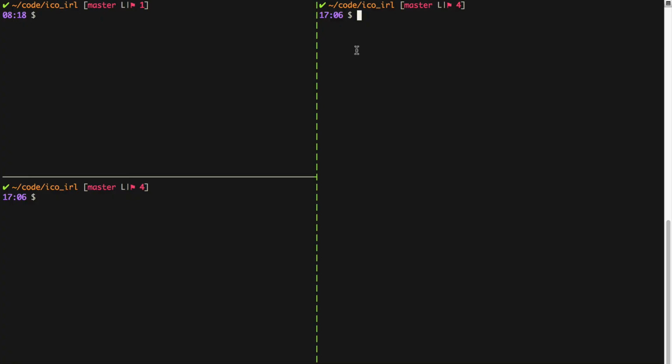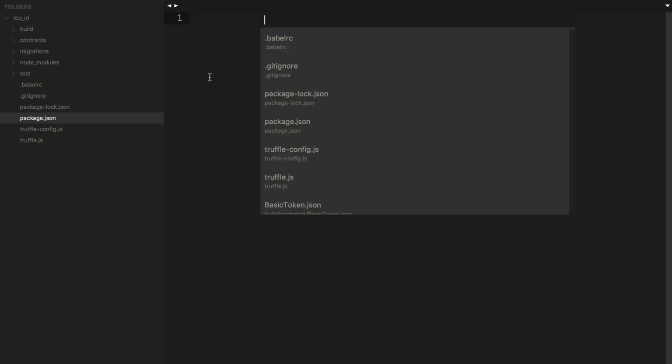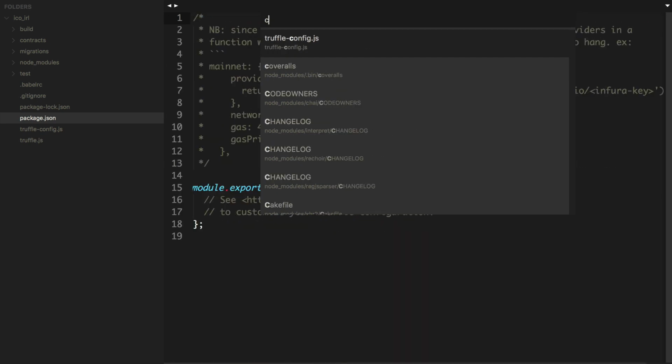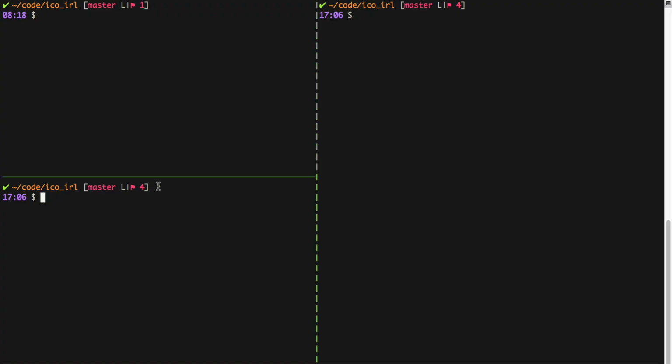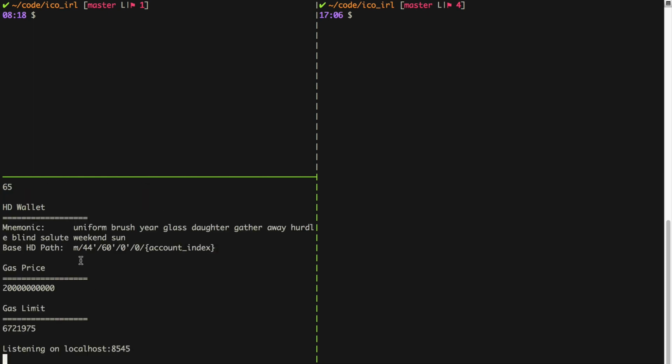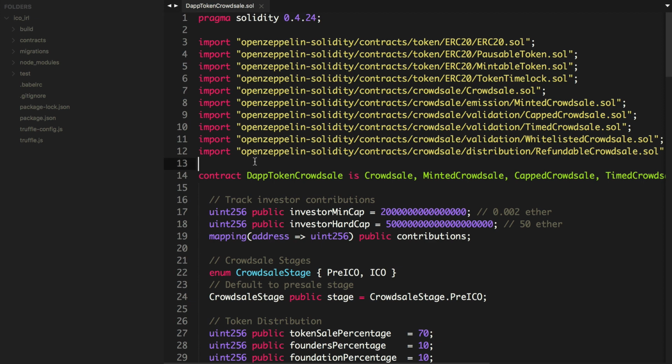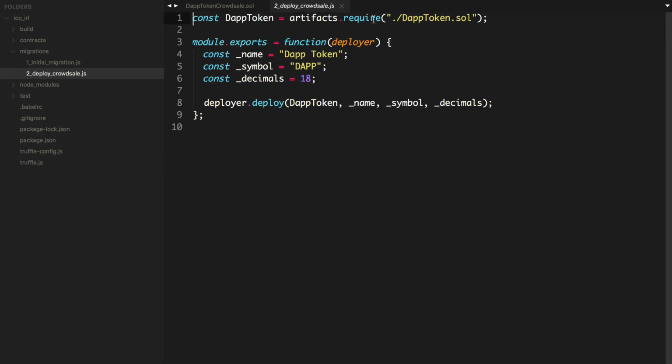So I'm going to open our project, and we're going to take this crowd sale and deploy it to a blockchain. First we'll start Ganache. First we're just going to deploy it to Ganache, our local blockchain, and then we're actually going to deploy it to a public blockchain. So the first thing we want to do is go to our migration script and actually add the